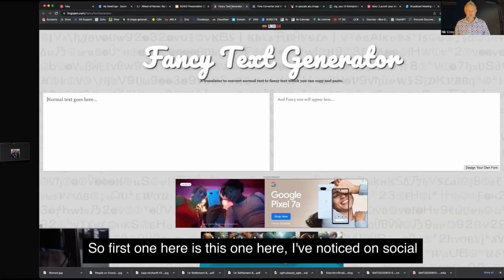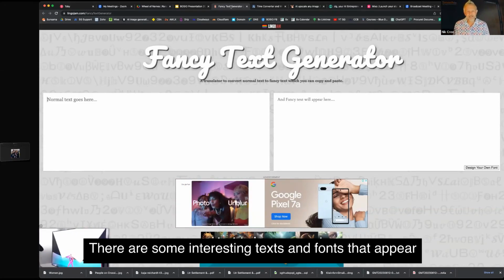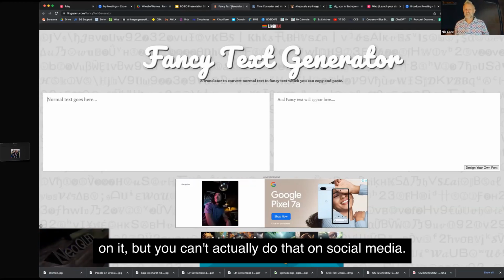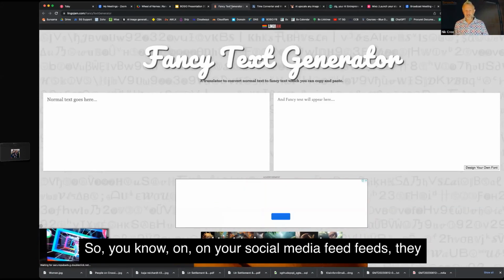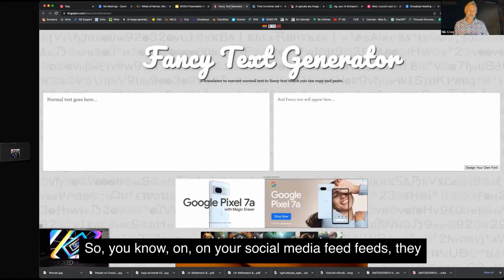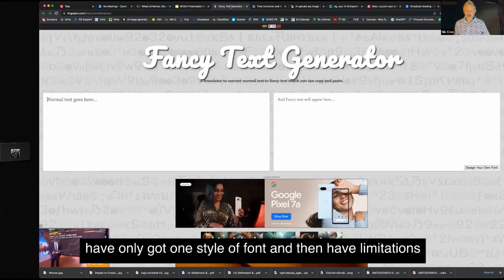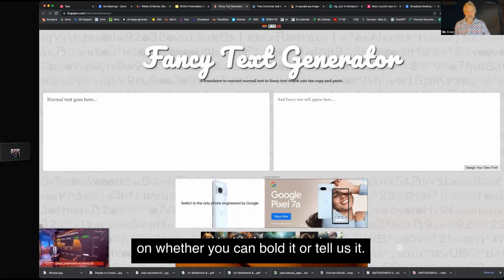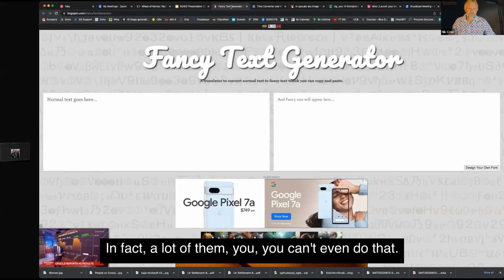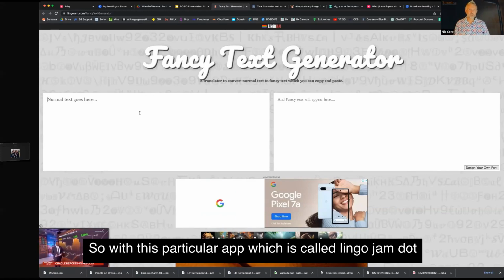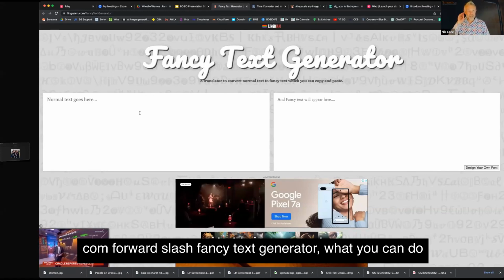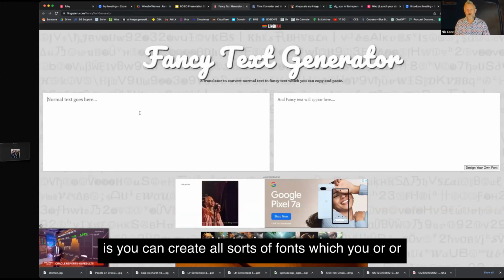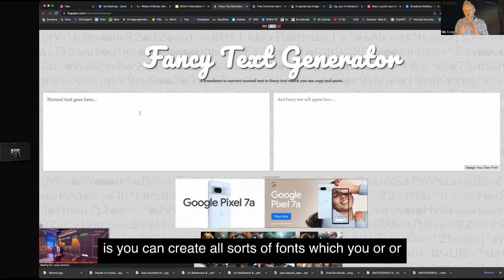I've noticed on social media, and I have used it as well, there are some interesting texts and fonts that appear on it. But you can't actually do that on social media. On your social media feeds, they have only got one style of font and limitations on whether you can bold it or italicize it. In fact, a lot of them, you can't even do that. So with this particular app, which is called lingojam.com/fancy text generator,